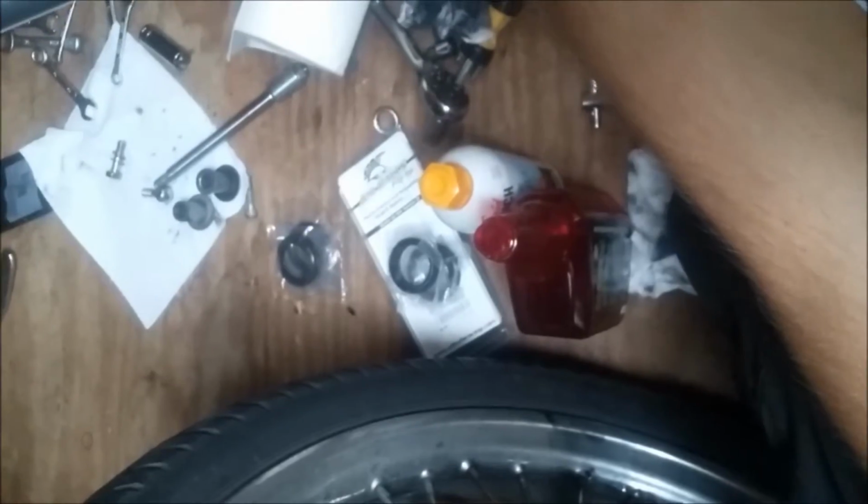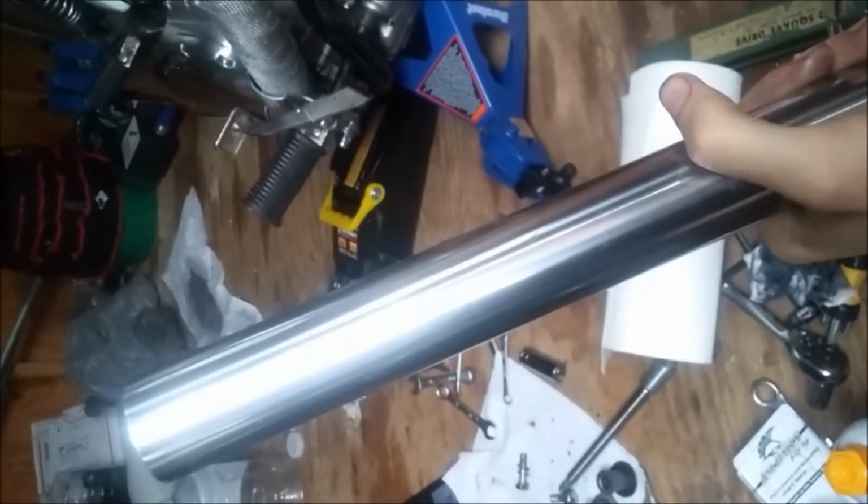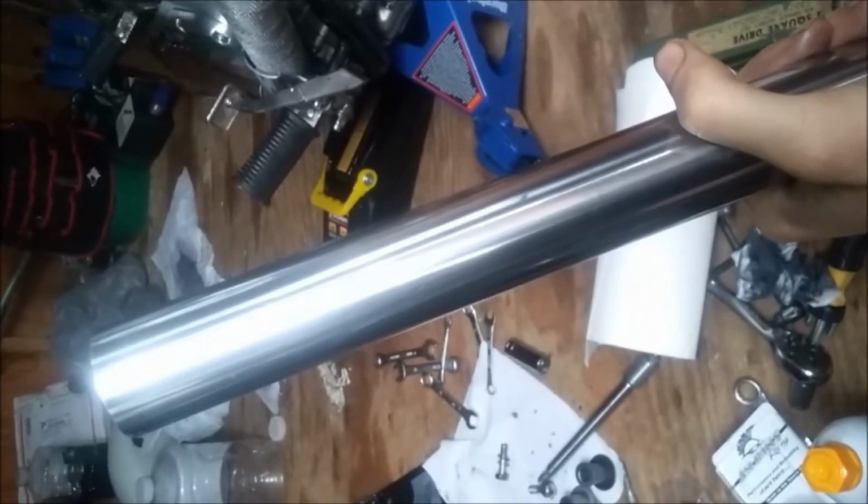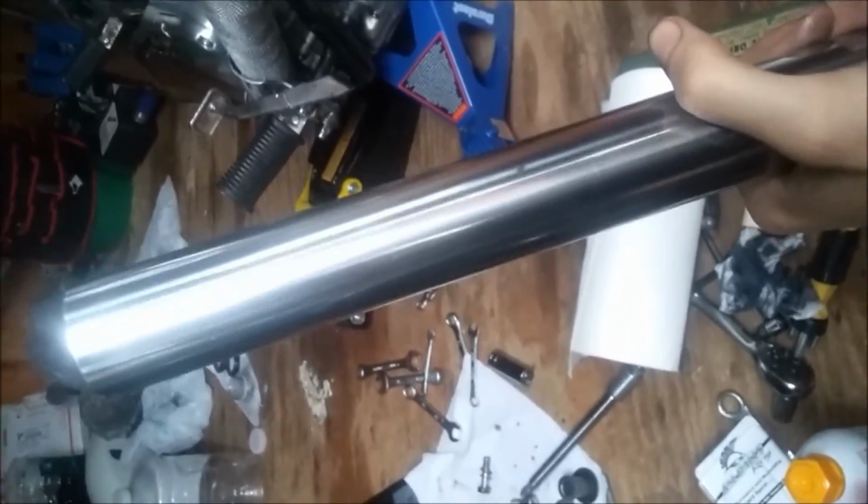Regardless, when you bring the seals down, you need to coat the fork leg in a grease. I use white lithium grease. You can use any; if your fork seal kit comes with a special oil, you should use that. That's actually better. And also, we're going to cover the inside of the fork seal with a plastic,